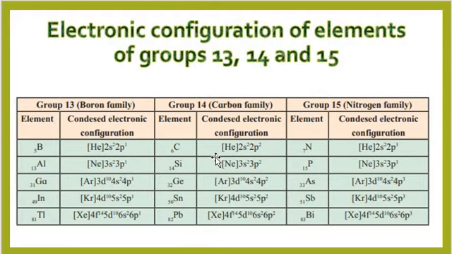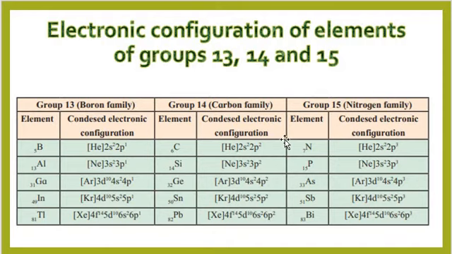In the case of the carbon family, the electronic configuration of carbon is helium 2s2 2p2. In the case of silicon, it is neon 3s2 3p2. So in the outermost shell, we see there are 4 electrons, whether it is carbon, silicon, germanium, tin or lead. On moving down, we know the shell is increasing, but the outermost shell electron configuration remains the same. So we can say the general electronic configuration for group 14 would be ns2 np2.